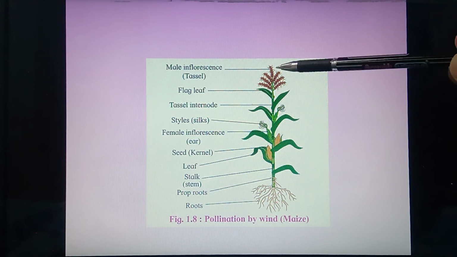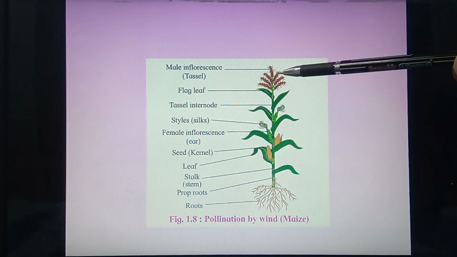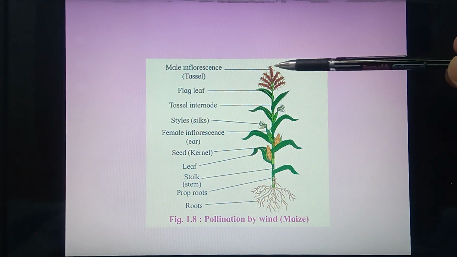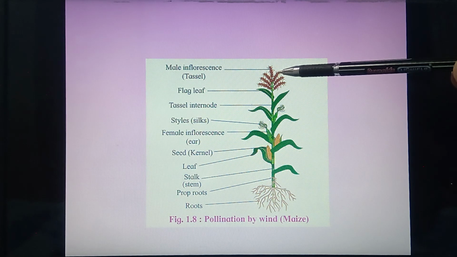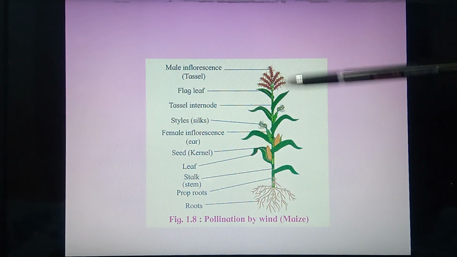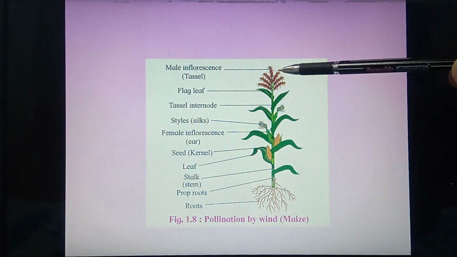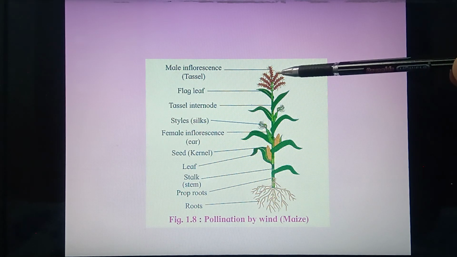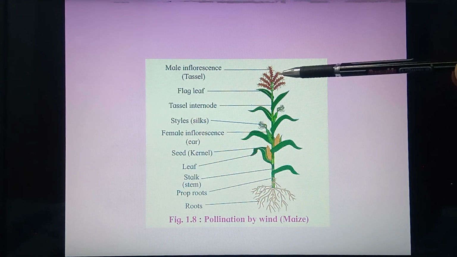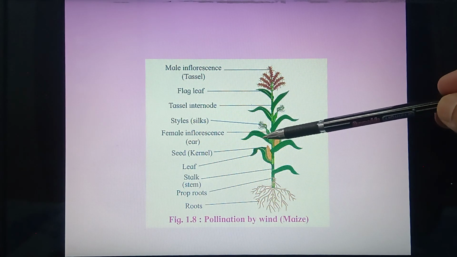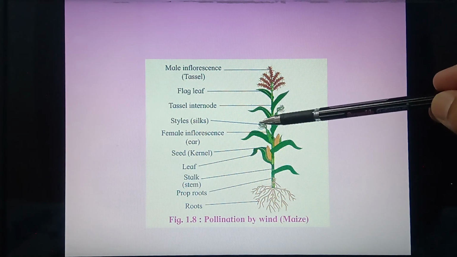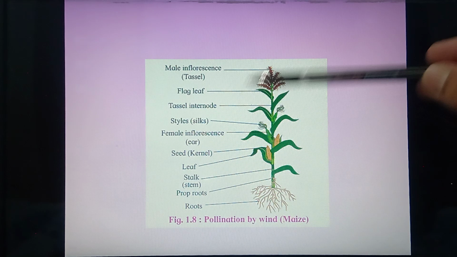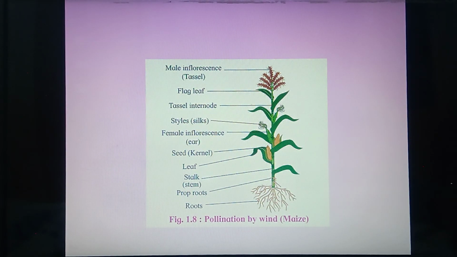Then here you can observe the anther of a flower, it shows versatile nature, and this versatile nature of an anther is helpful for easy dispersal of the pollen grain from anther towards the stigma. Number of pollen grains are more. Those are light in weight. Those are dry in their nature and are produced towards the top and are carried with the help of wind towards the female flower, where they are trapped with the help of a feathery or silky stigma. This is about the pollination with the help of wind.